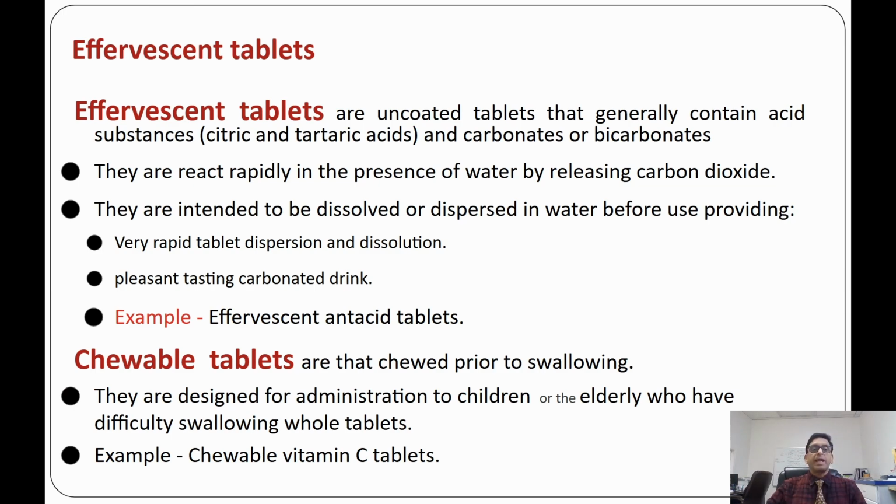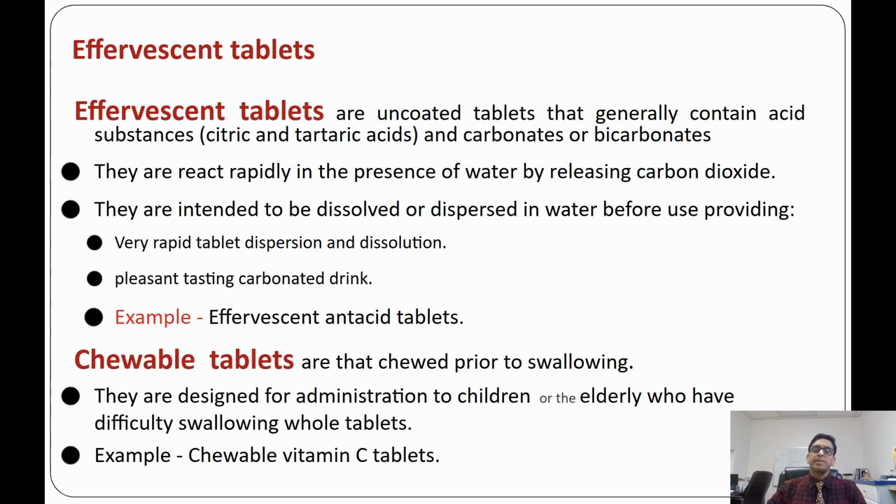Next part is the effervescent tablet. Under the tablet, we are discussing different types of tablets, where one of the commonest, most convenient ways of delivery of the dosage form is the effervescent tablet. It is an uncoated tablet that generally contains acid and base. The acids can be citric acid or tartaric acid, and the base could be carbonate or bicarbonate agents, and they react rapidly in presence of water,